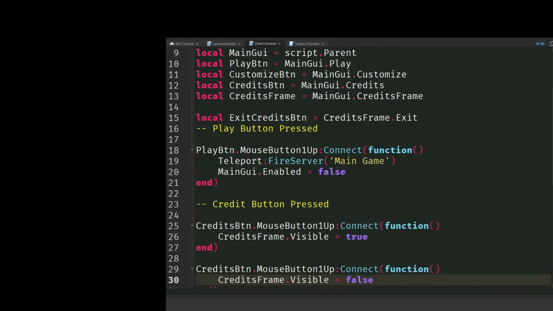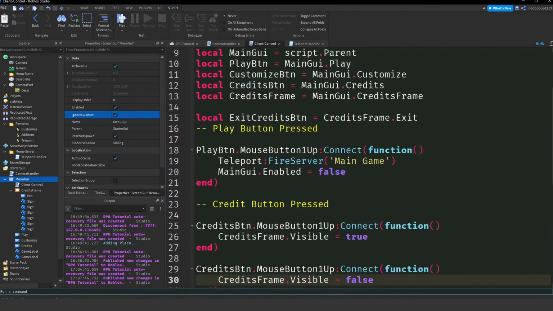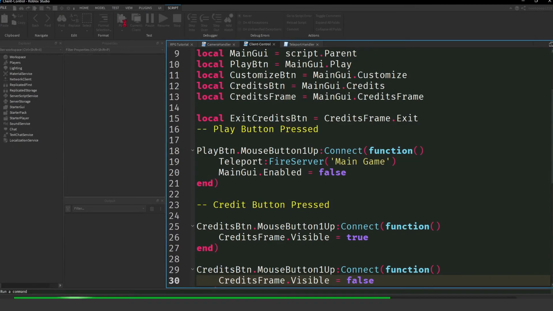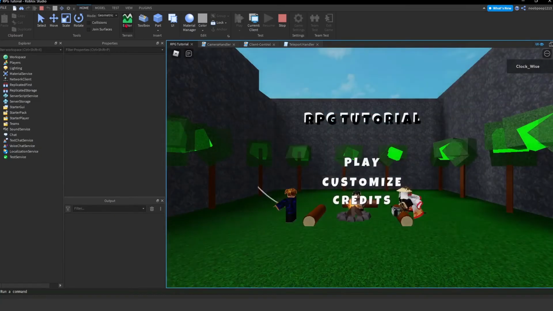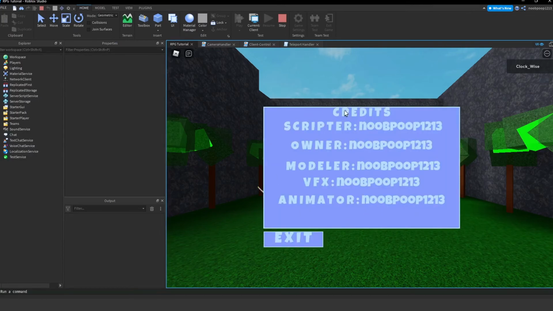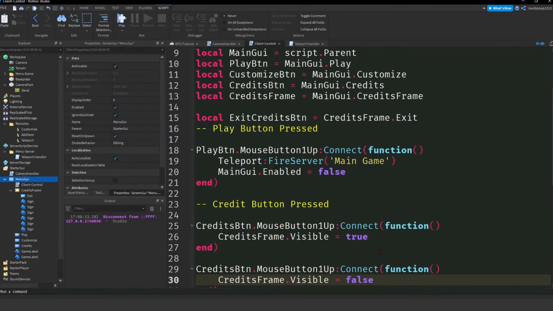Click file. Publish. And to test this, you don't have to go on an actual server. You can just click play, and voila. And there you go. You can click credits. You get all the credits. You can click exit, which should work. Don't know why it doesn't work. Is it because? Wait. Oh,